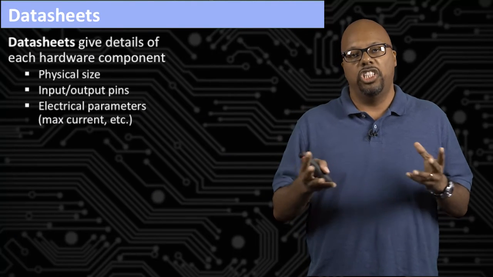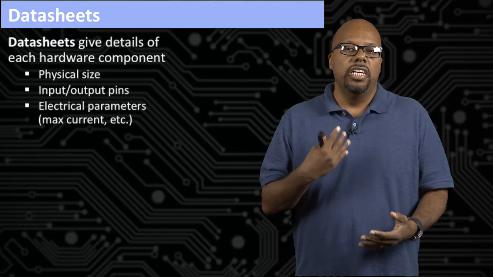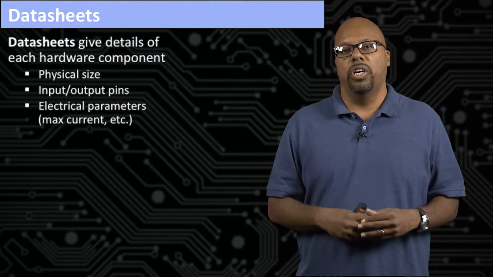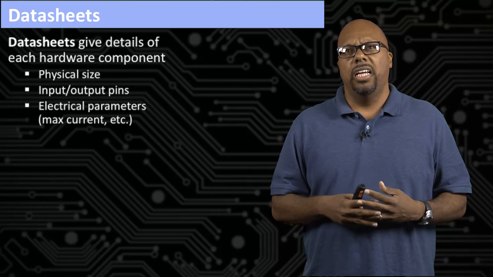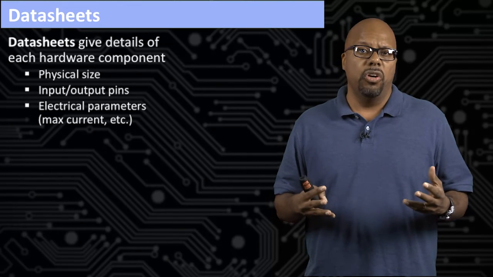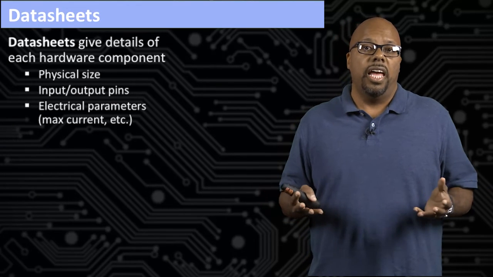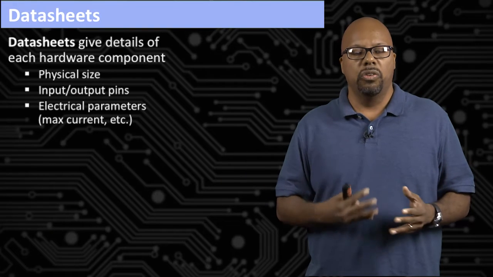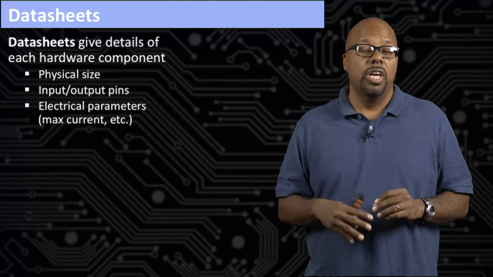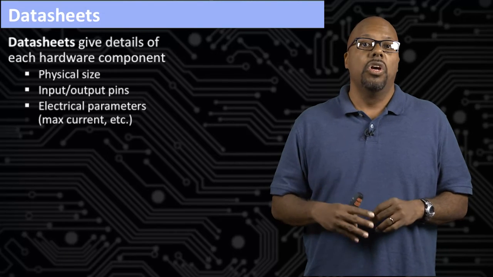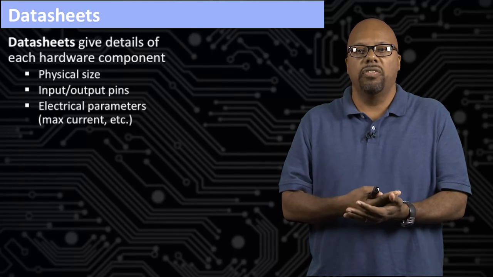So that is what data sheets are for. So data sheets are basically information sheets about hardware components. And every component has a data sheet. The simplest components, maybe you don't have a data sheet. For instance, a resistor. Actually, even resistors, you can probably find data sheets. But a resistor is so simple, you don't need a data sheet for that, okay? They have very few parameters. But any kind of complicated component will have a data sheet that tells you all kinds of information about it.